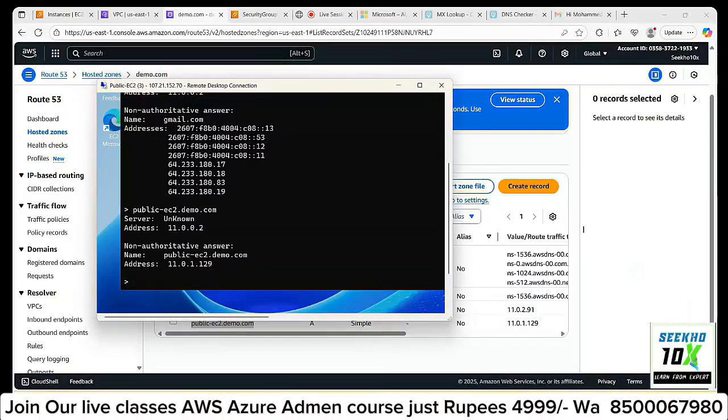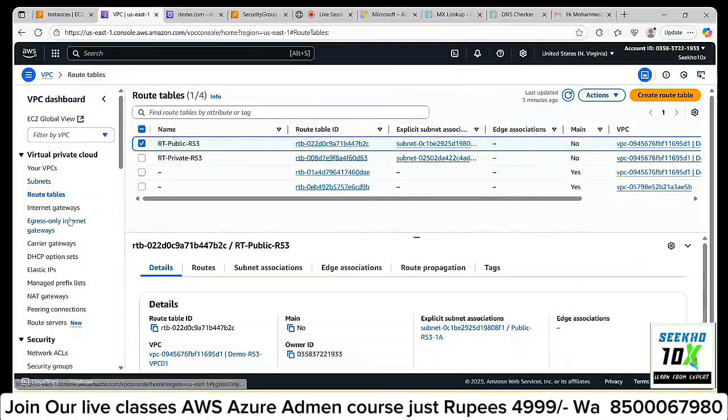Because this is in the same network or same subnet. Do we need to do anything on the VPC side here? NAT gateway, no. Routing table is also not required, I think so.